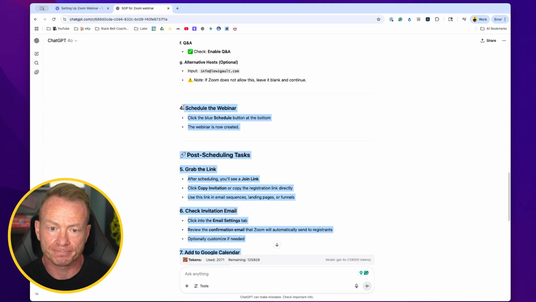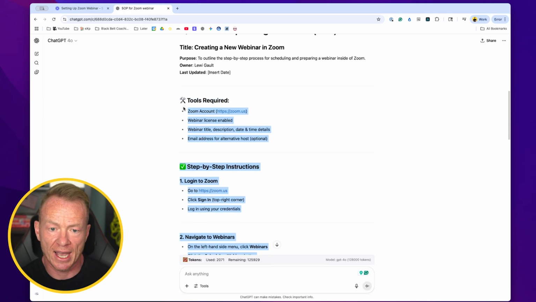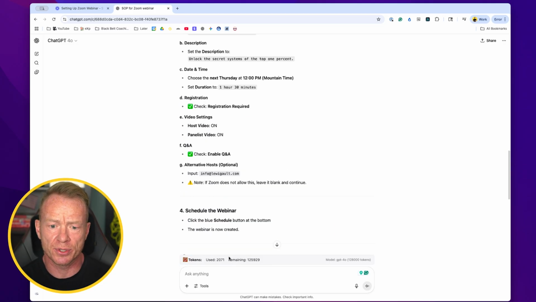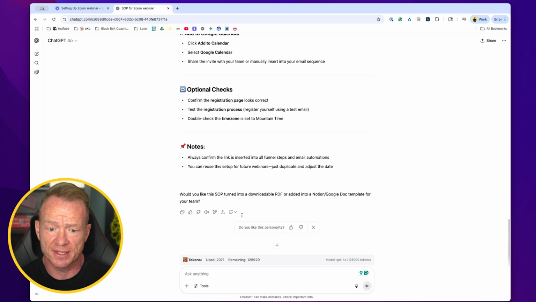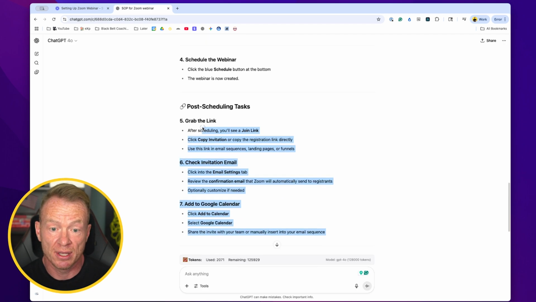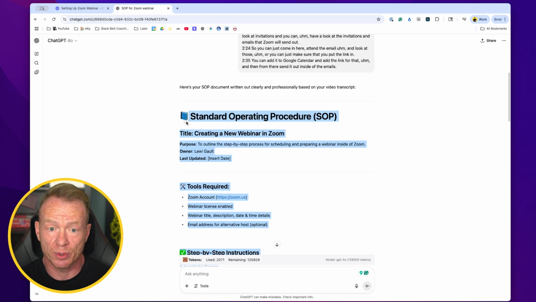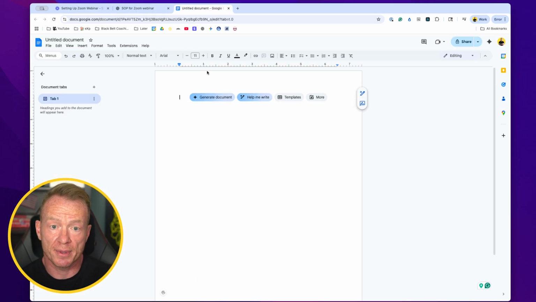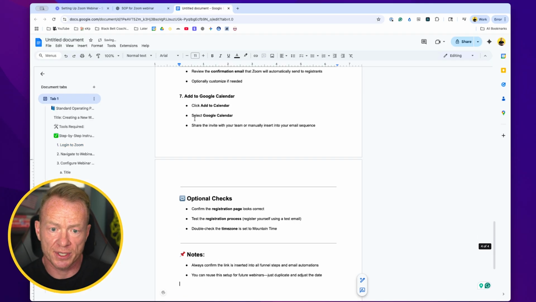And then from there, the last piece we do, and if you want to beef this up at all, you can absolutely chat with the GPT and get it to do it. But honestly, this is something very, very simple and it does a great job of it every single time. And the next thing I do here is open up a document and I'll just paste it right in there.